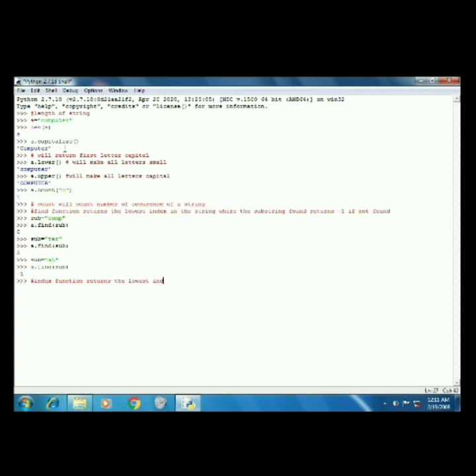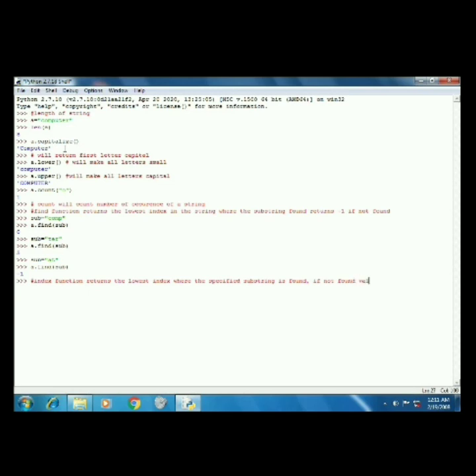It works like the find function, but find returns -1 if the substring is not found, while index raises an exception if the substring is not found in the string. The syntax is string.index(substring, start, end).